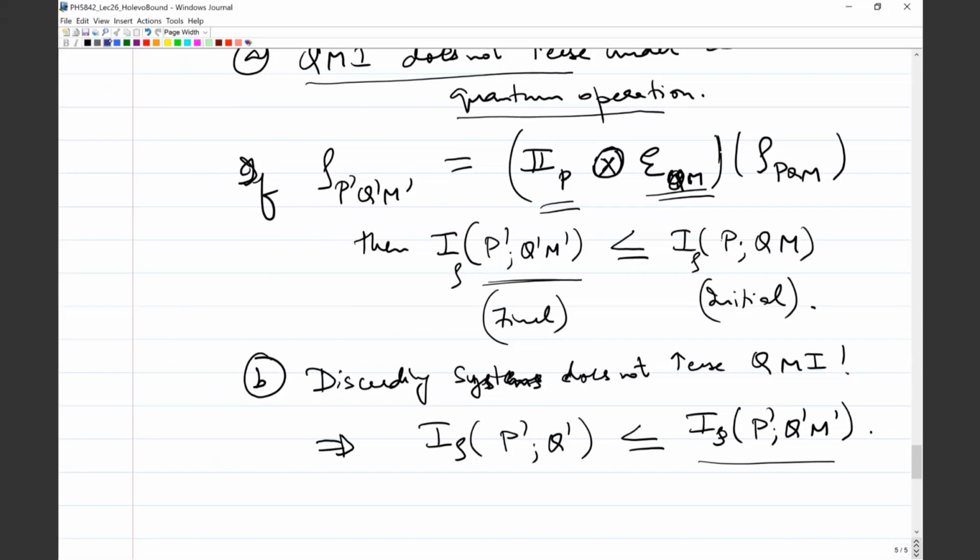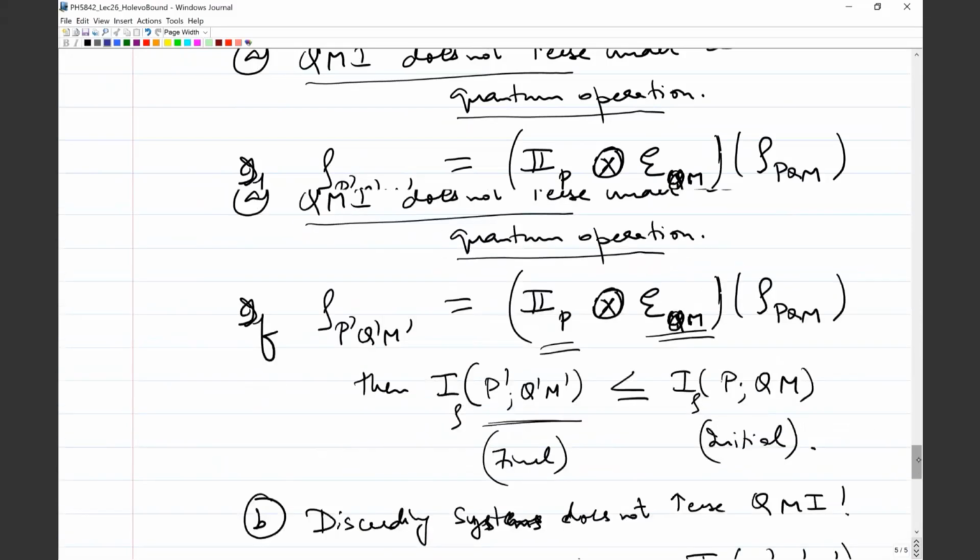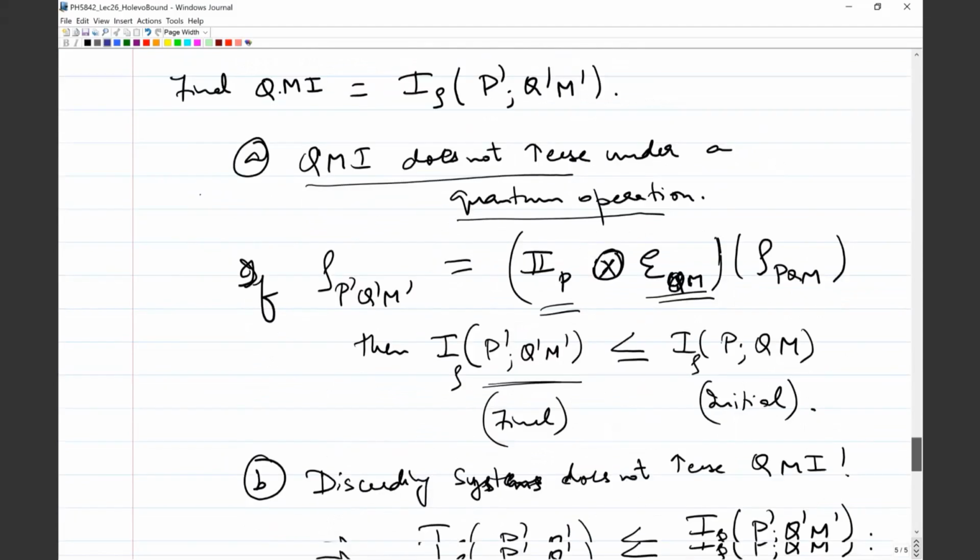So let me write that first. And then we'll prove B first and then we'll prove A, because it turns out that they are related in that sequence. Okay. But let me just complete this now. So I hope you see that once we prove A and B, let's say you assume that I proved A and B, then you see that